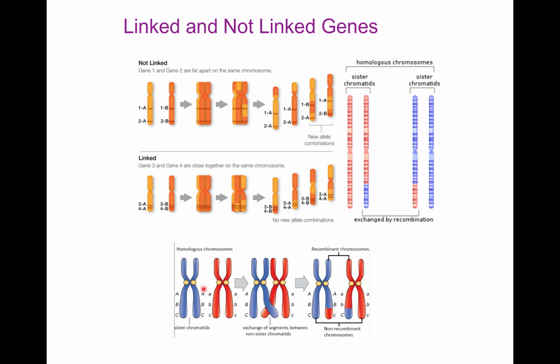This is a homologous chromosome. After crossing over, there is an exchange of sequence between non-sister chromatids. New combinations occur. This one and this one are the same as the parent, but this and this are recombinant chromosomes. Here we can also see these are the homologous chromosomes. These are sister chromatids and these are sister chromatids. This is the original one, but these are recombinant.